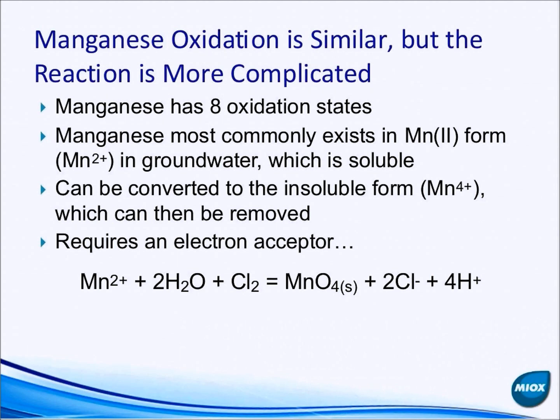Manganese oxidation is simpler, but the reaction is actually more complicated. Manganese technically has 8 oxidation states that it can exist in, but most commonly it'll exist in the manganese 2 form, or the manganese plus 2 in groundwater, which is soluble. And again, the soluble form is not toxic, but when it does oxidize, and the oxidation reaction tends to be fairly slow with manganese without some help,